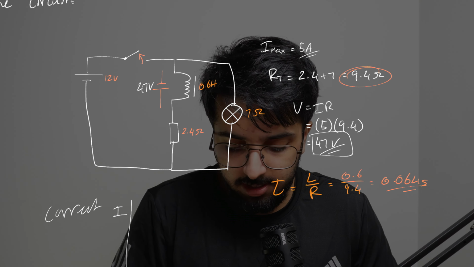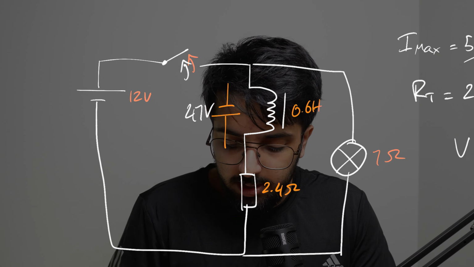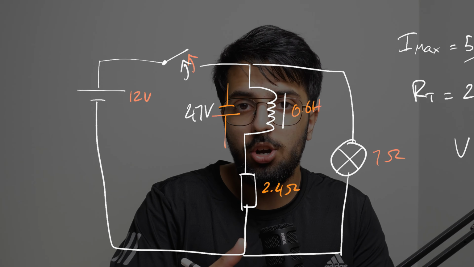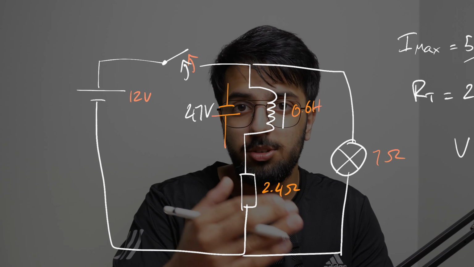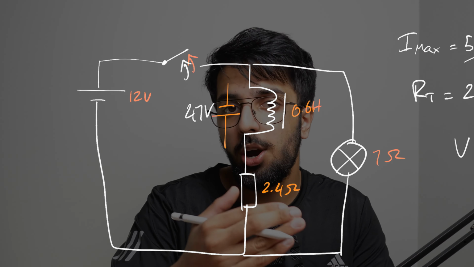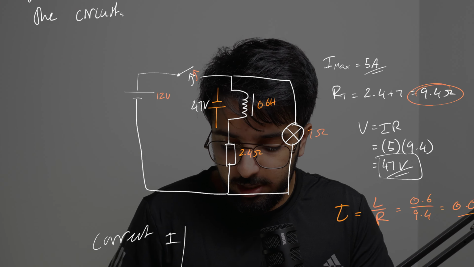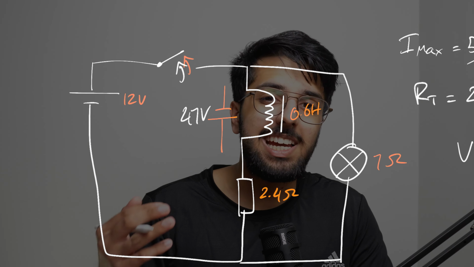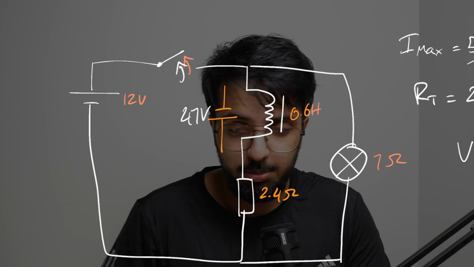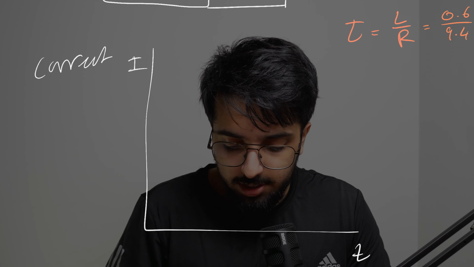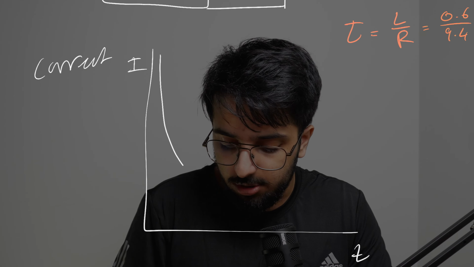Obviously, like I said previously, when the switch is first opened, the inductor wants to resist the change of making the current go to zero, and so therefore it's going to try to keep the current at max. And so initially, the current is max. However, because we know the inductor is only a limited source of EMF, it doesn't produce an infinite EMF, this current is going to drop in an exponential decay,